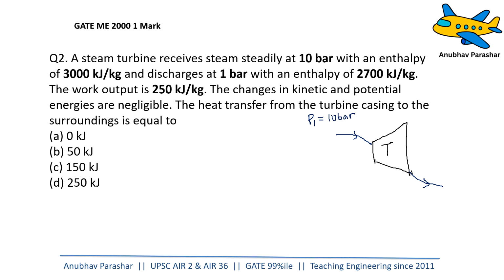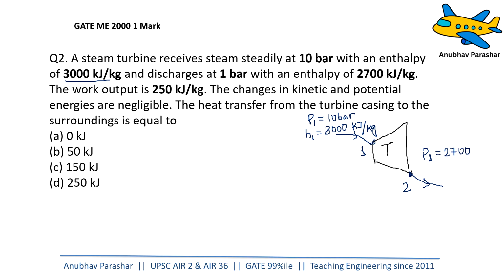And the enthalpy is given as 3000 kilojoule, right? H1 is given as 3000. The units are very important, kilojoule per kg, right? And it discharges. This is the inlet, which is 1, and this is the exit, which is 2. So it discharges with a pressure P2. You can see the pressure has dropped,